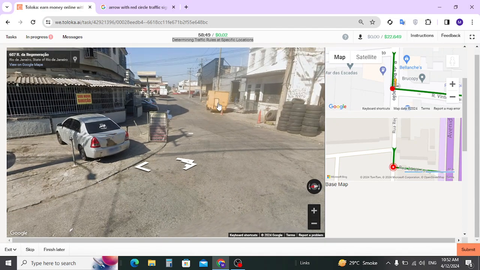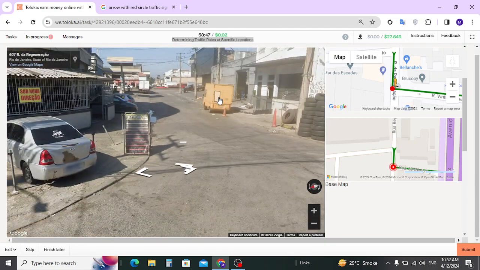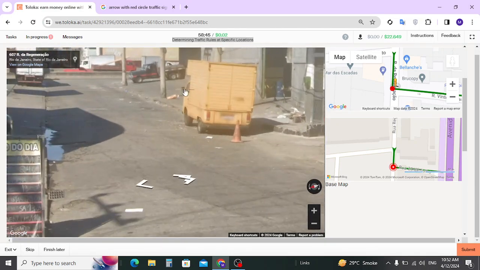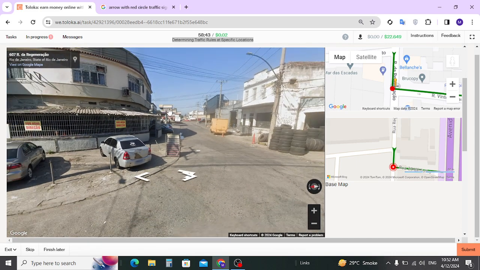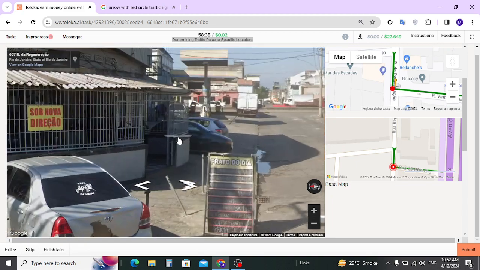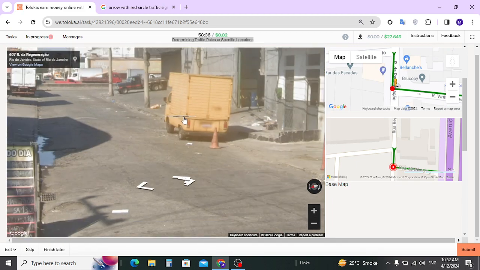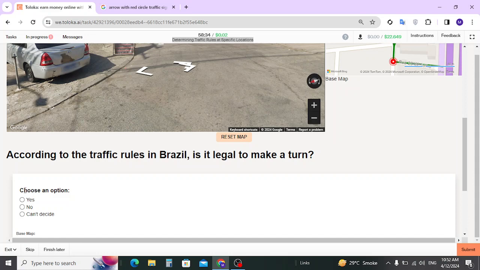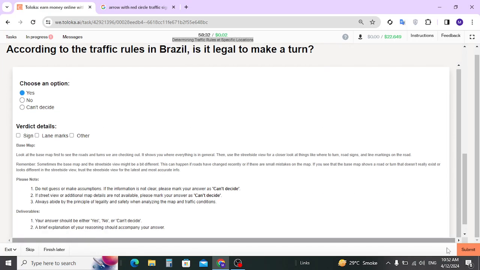Yes, we can, because we can see there is already a parked vehicle and there is no restriction given. These vehicles, of course, have gone in this direction. These are also parked vehicles, so you can turn without any doubt. So I am going to put the verdict yes,